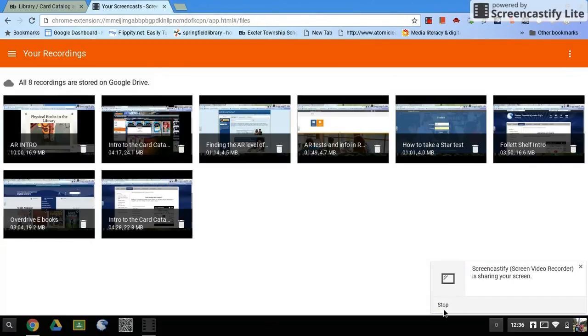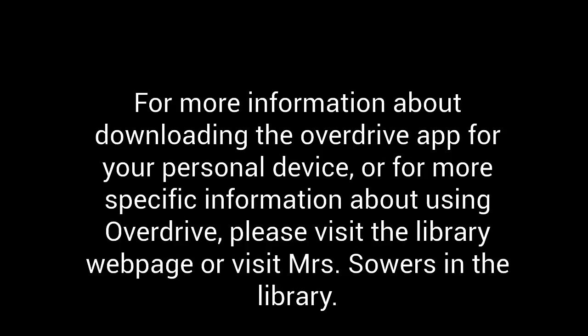Again, that's like the quick overview. If you need any more information about downloading the Overdrive app or about anything else related to Overdrive, please